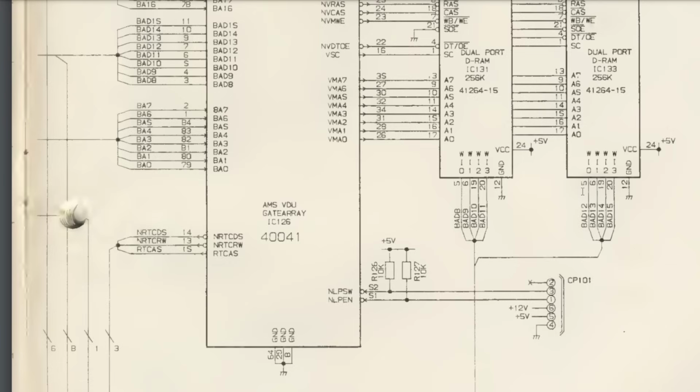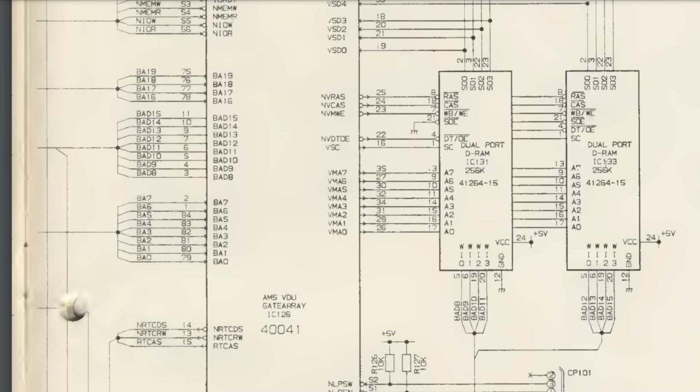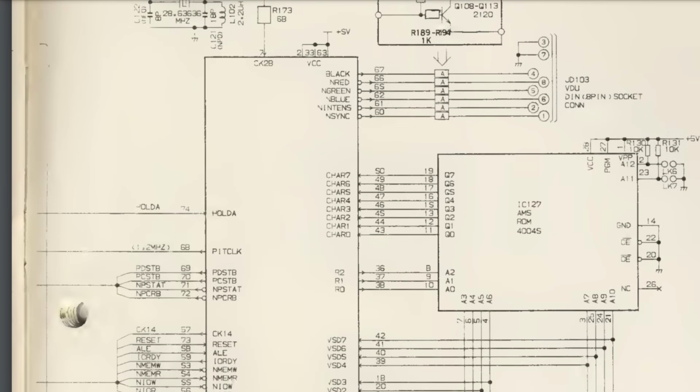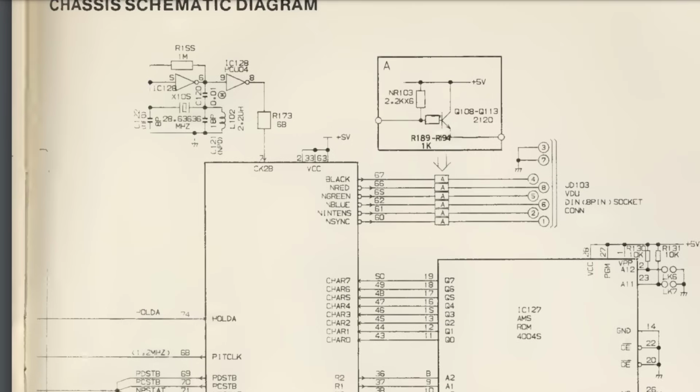So the question is, which crystal is running the VDU gate array? This one here, the 40041, our graphics chip. So these are the schematics, and you can see that the graphics chip is connected to the dual port RAM, that's our video RAM, as you might expect, and the character ROM. And the relevant thing is this little block in the upper left here. And I apologize, this is not very clear, it's just not a brilliant scan. But unfortunately, the crystal is the 2 times NTSC one. In fact, the frequency here is precisely 2 times,